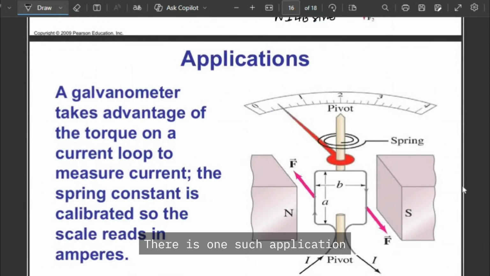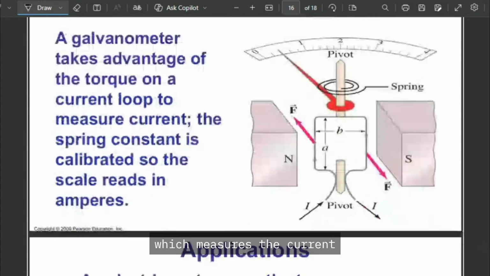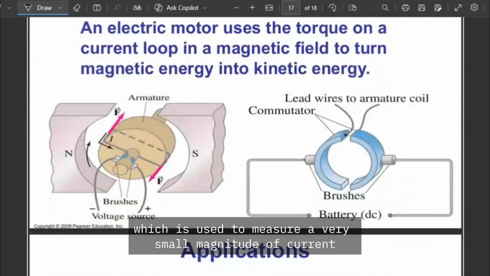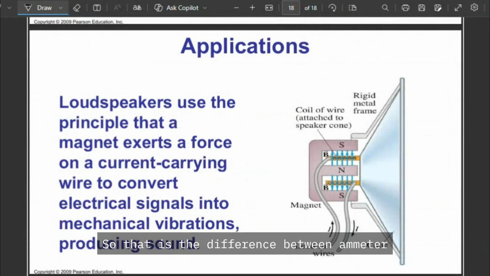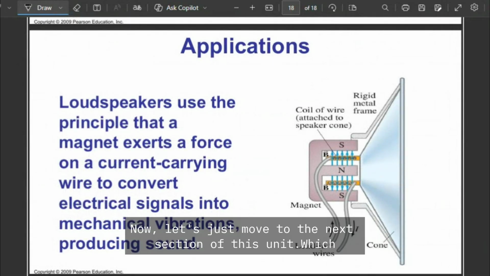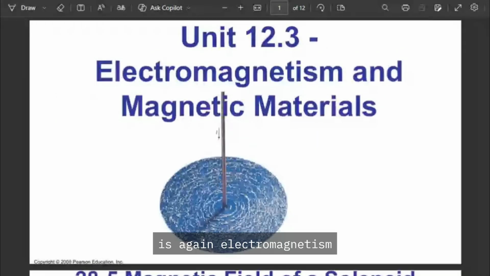There is one such application. We have the galvanometer here, which is used to measure a very small magnitude of current, which an ammeter can't measure. So that is the difference between an ammeter and a galvanometer as well. You need to know. Now let's move to the next section of this unit, which is again electromagnetism and